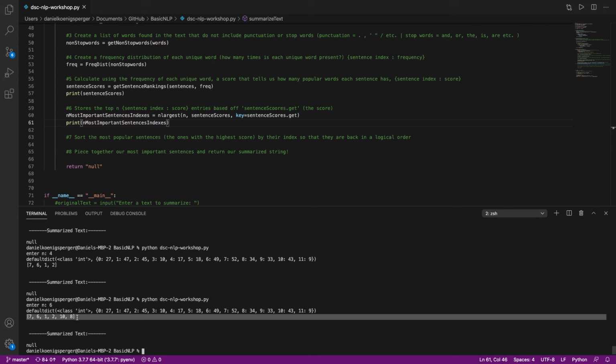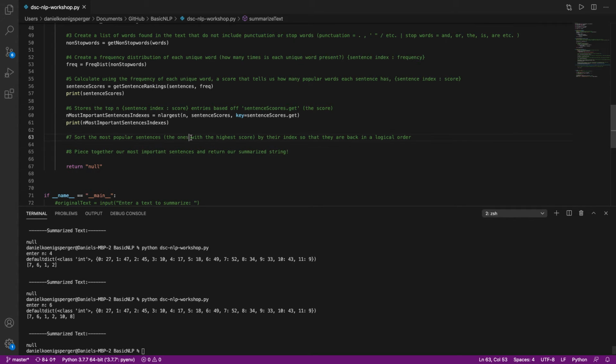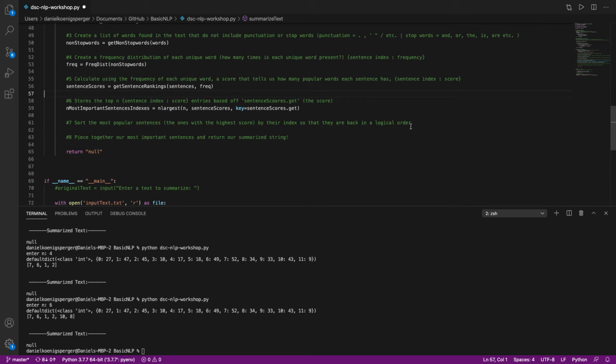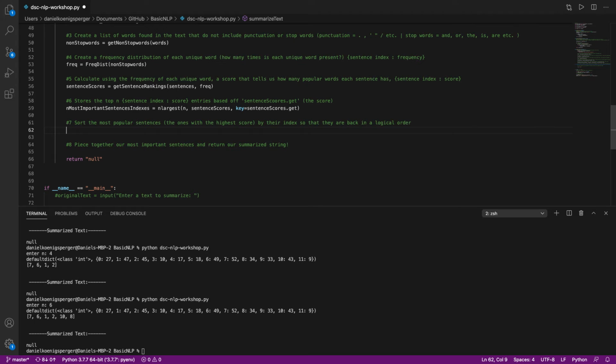Now the only thing we would want to do, to make sure that it makes as much sense as it can, is to take the 1st, the 2nd, the 6th, 7th, 8th, and the 10th, so that at least they're in logical order. We already said these are the 6 most important, so there's no point in putting the most important sentence at the top, because we're probably going to read through the whole summarized article anyway. So let's put those in the correct order so that we can fetch the sentences